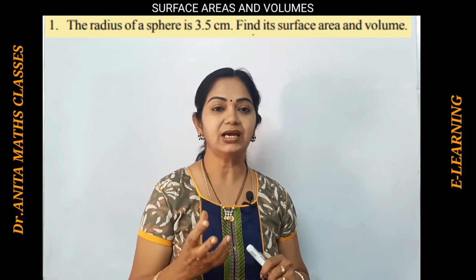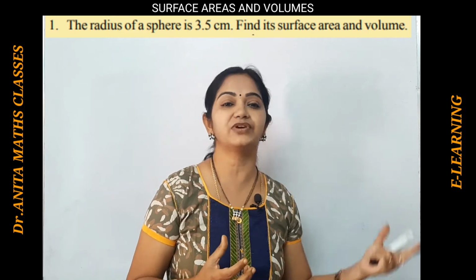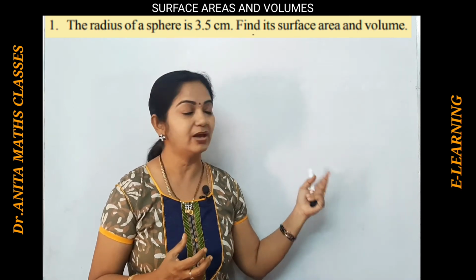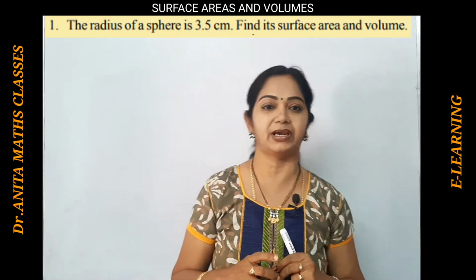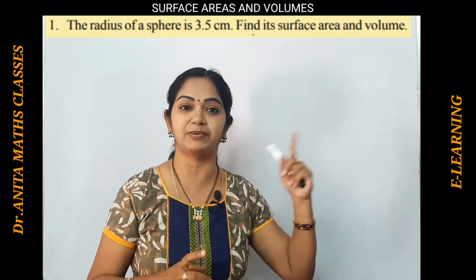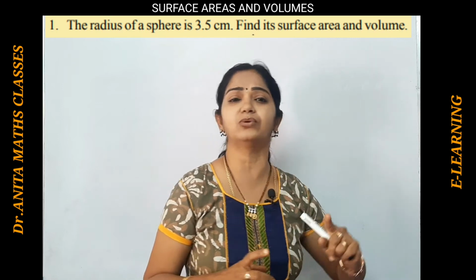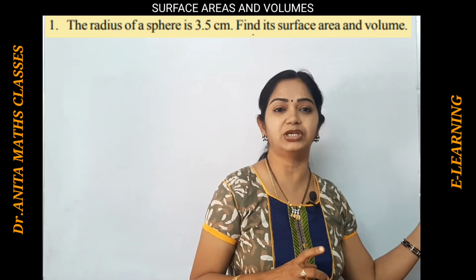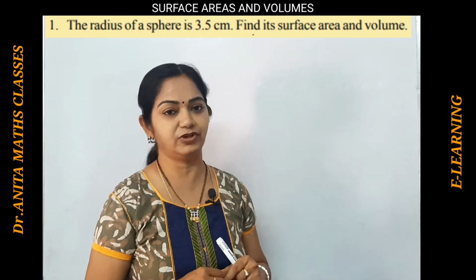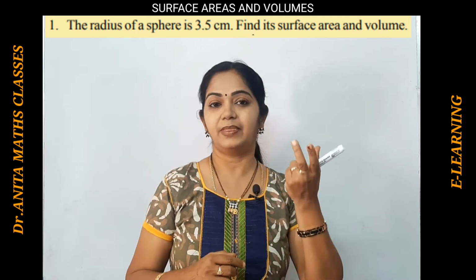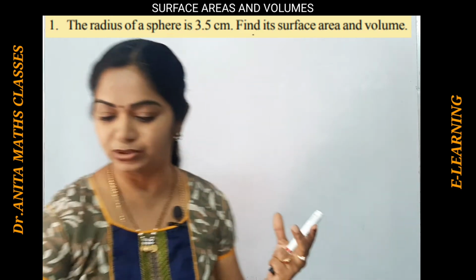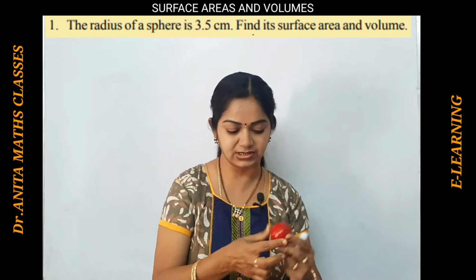So for the sphere, we have discussed the surface area. The surface area of a sphere is 4 pi r square, whereas the volume is 4/3 pi r cube. We have only one surface area, which we also discussed in the previous video. Just check out the previous video, then continue with this video. As I'll show you the model, I have shown it in my previous one.